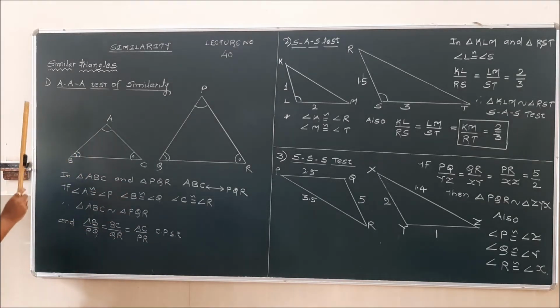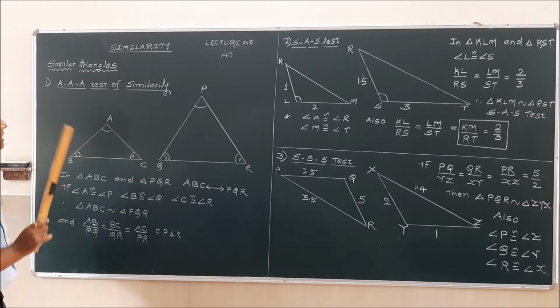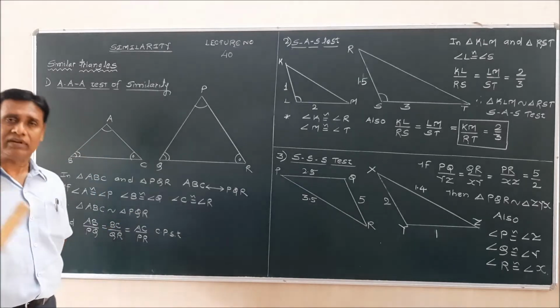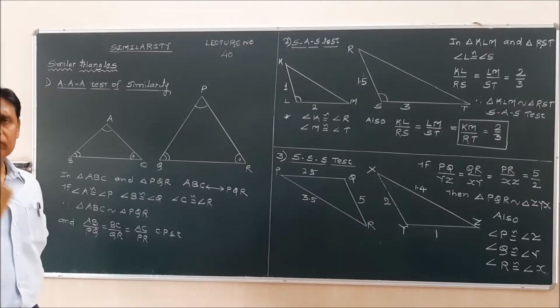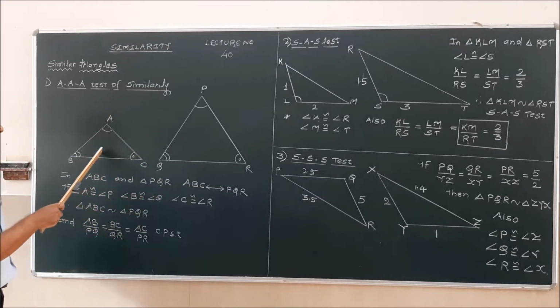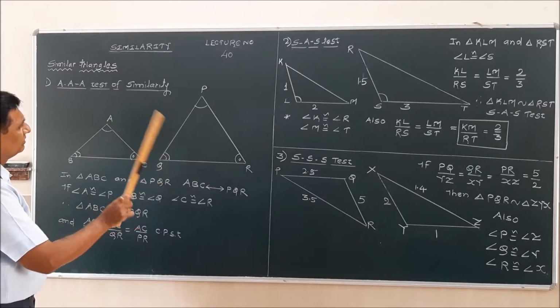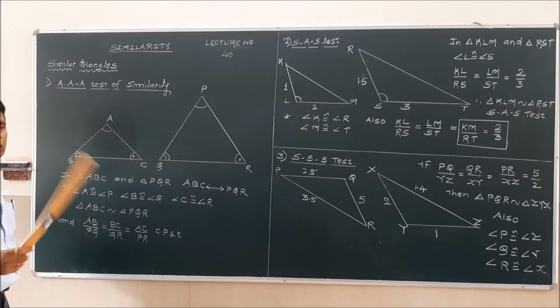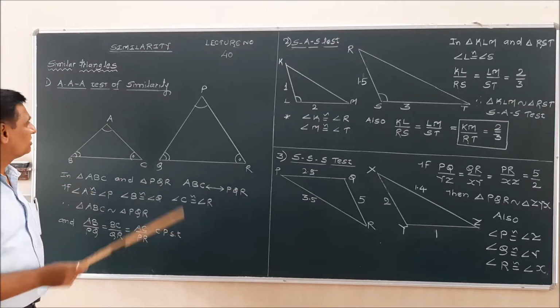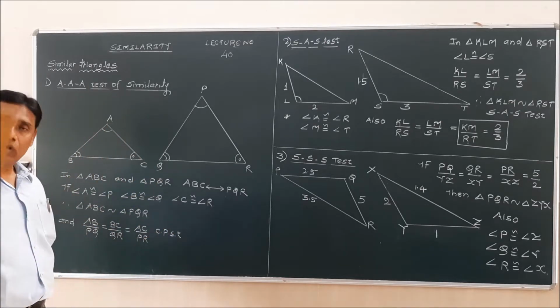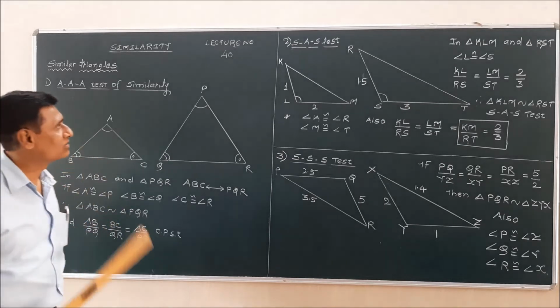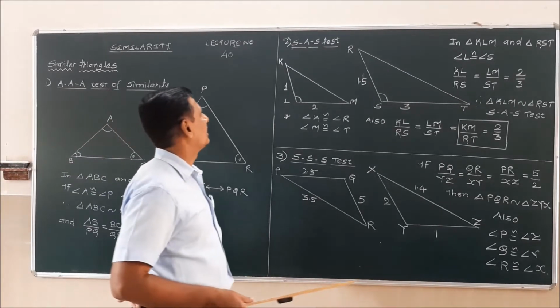So this is the first test, AAA test, or even, as I told you, two angles of one triangle are enough to prove the triangles similar. Two angles are also sufficient. So there is no need to have all three angles congruent. Okay. Now the next test is